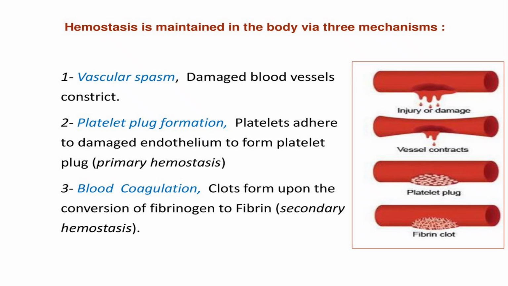Okay, so vascular spasm happens when the blood vessels get damaged. When it gets damaged, there's going to be a feedback loop that's sent to the muscles of the small blood vessels, and it will make them constrict. Then a platelet plug is going to be formed